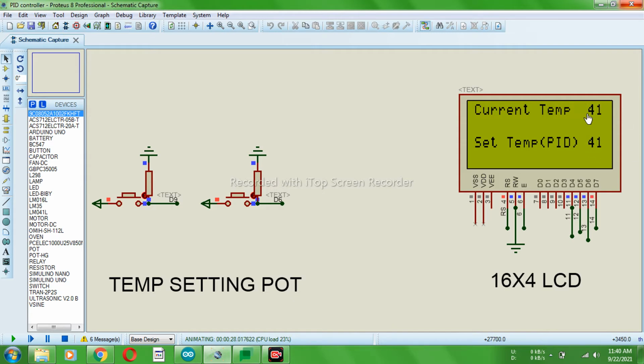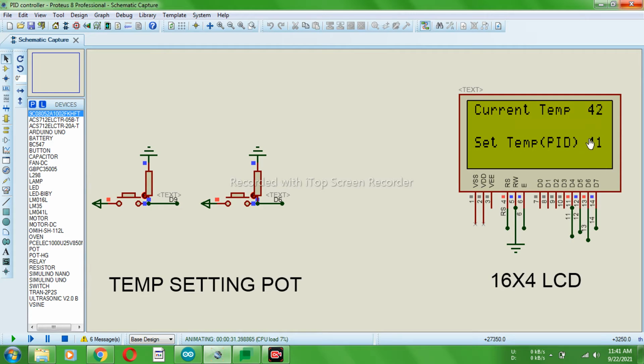It has reached, and now it will try to maintain the set point. You can see 43, and now it will reduce to reach 41. There is a little error of 1 to 2 degrees C, which is considerable.